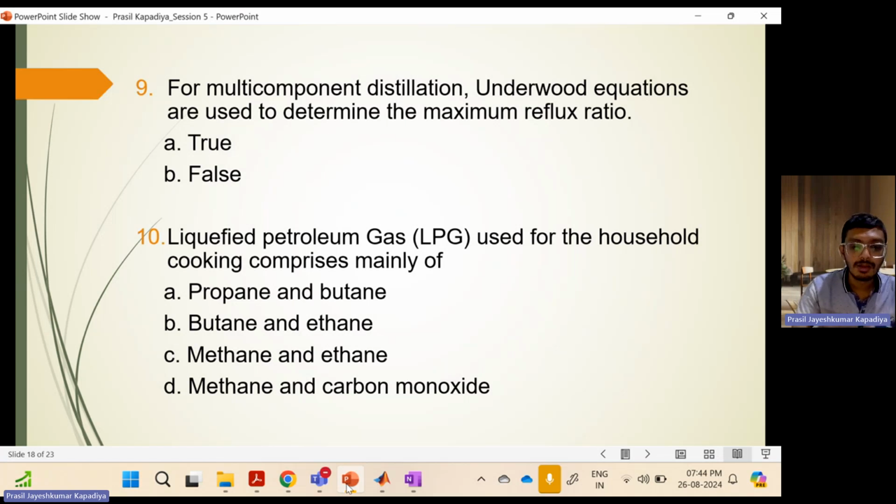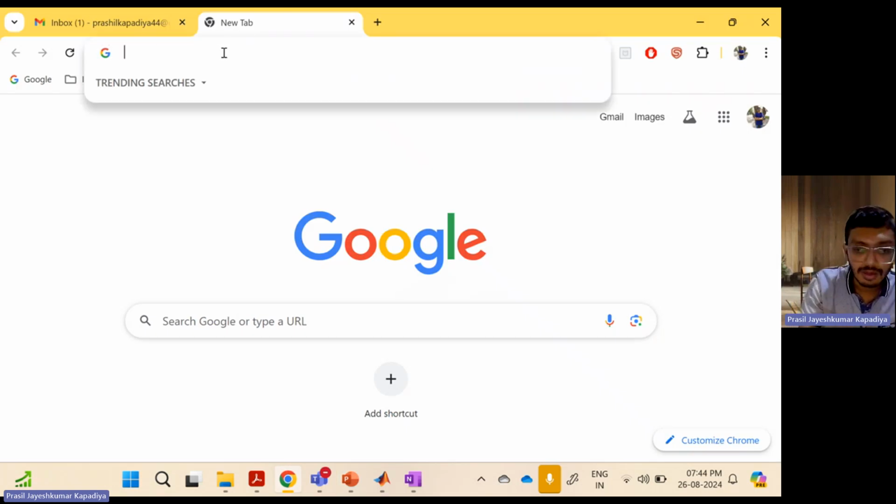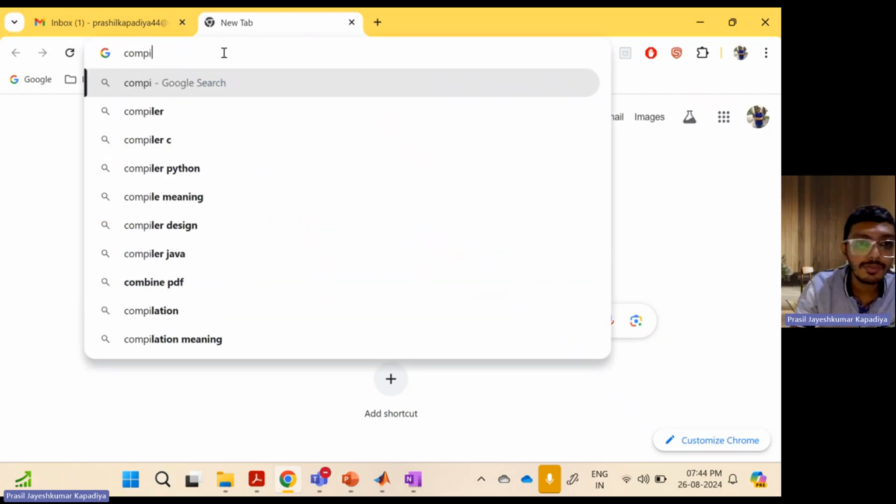Here, 10th, liquefied petroleum gas used for household cooking comprises mainly of, is it propane, butane, ethane, methane, ethane, or methane and carbon monoxide? So the correct answer is propane and butane. LPG is a combination of propane and butane. If you want to see the composition